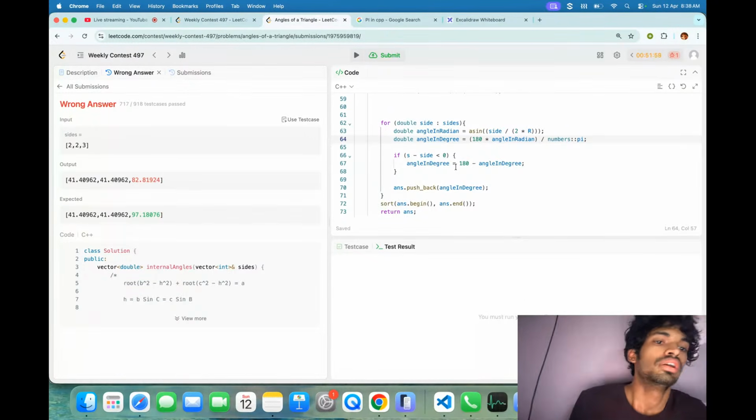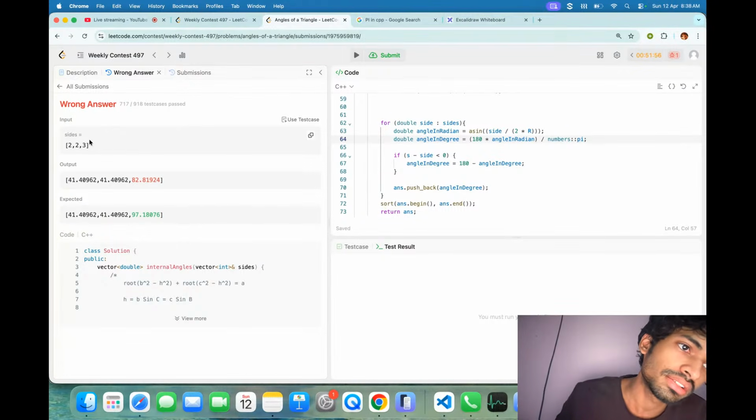So here it will work. S is 1 plus 1 plus 3 by 2, which is,